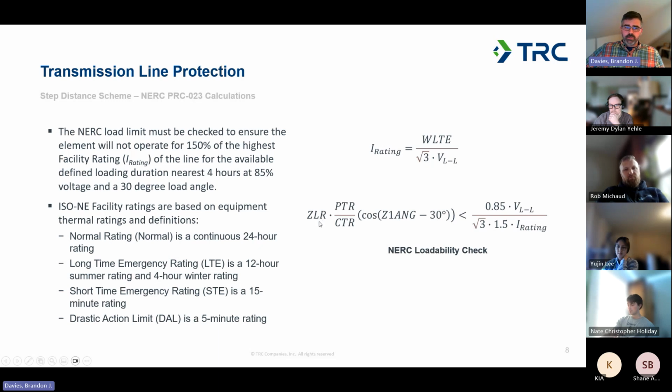You take your reach of the relay in secondary ohms, convert it to primary ohms, and then we're using